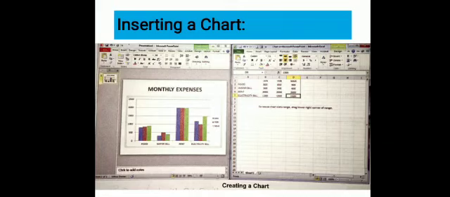Now if you want to change the chart type also, like in table, where table tools are present, so in chart, chart tools are present. There you will get the design tab, and under the design tab you will get change chart type. Suppose you had selected this column chart, and now you want to change it into a bar graph or pie chart. So you can change that from change chart type.